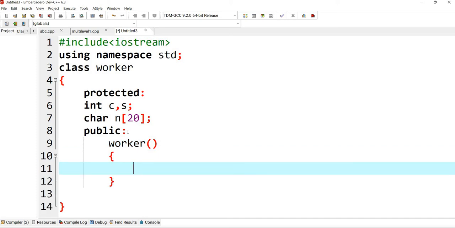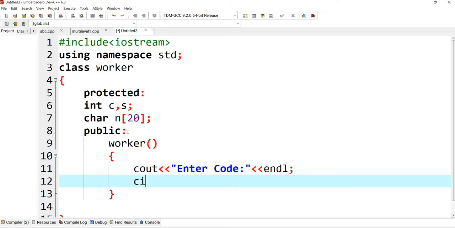Now we need to take the input, right? So for example, cout will take this code, name and salary. Enter code, then we'll provide this input cin code, and that will be repeated for all the three inputs.